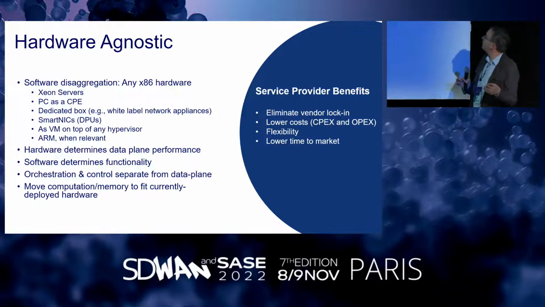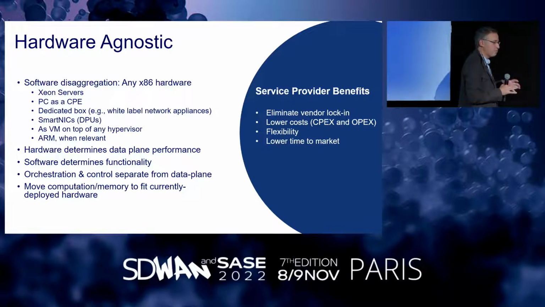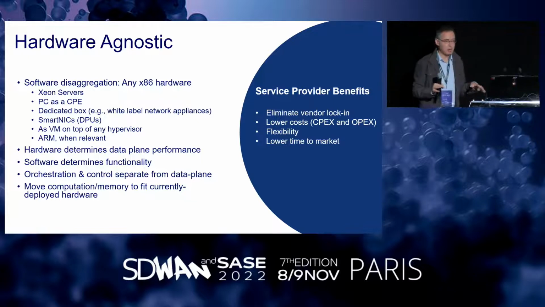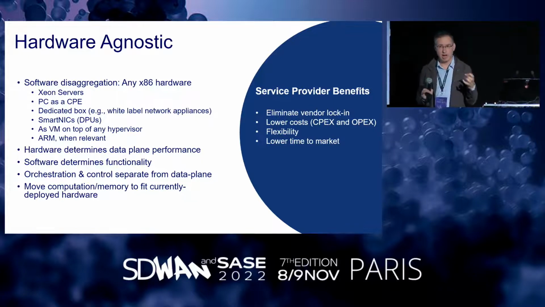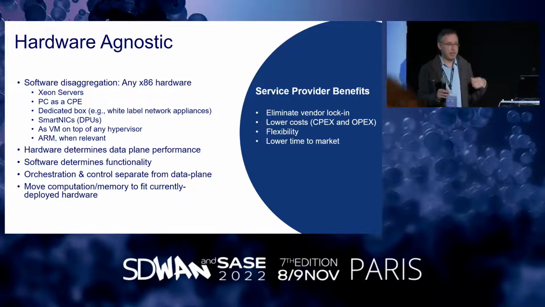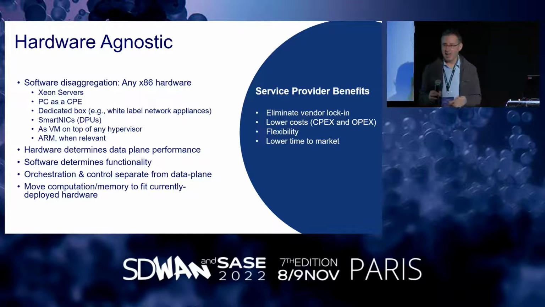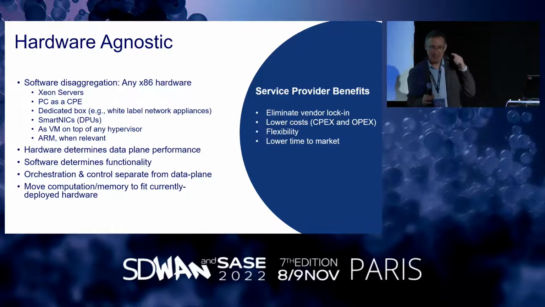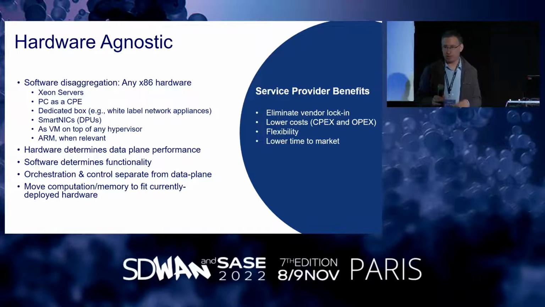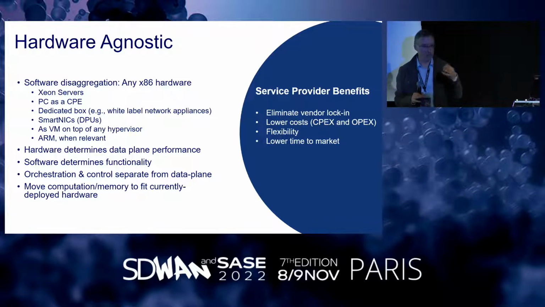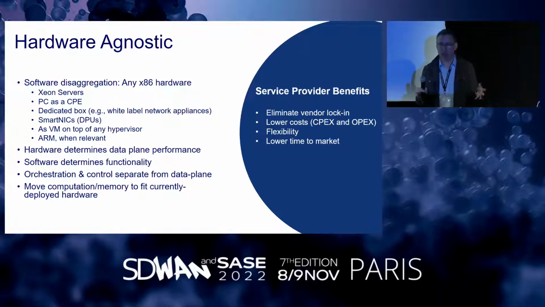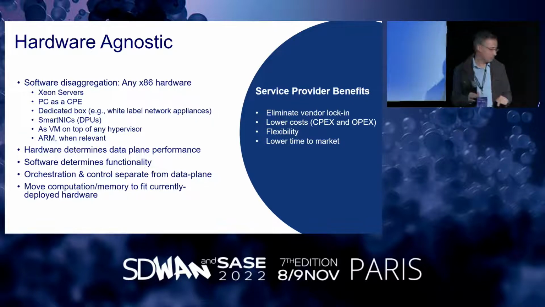And the service provider benefit is that it eliminates vendor lock-in because it can work on any hardware. It lowers the cost because you can choose the right hardware for your customer. It provides flexibility and lower time to market. I actually talked with Brianna yesterday about COVID, that no specific hardware can be found. Because we are hardware agnostic, we can use other hardware when this hardware is not available because of a crisis. That helps us a lot, and this is really important in this